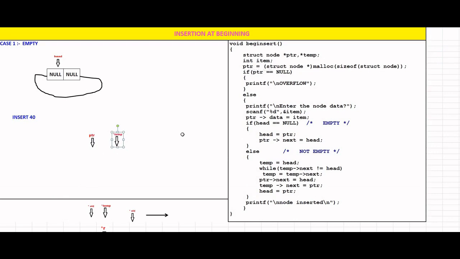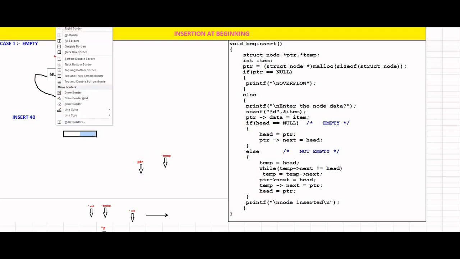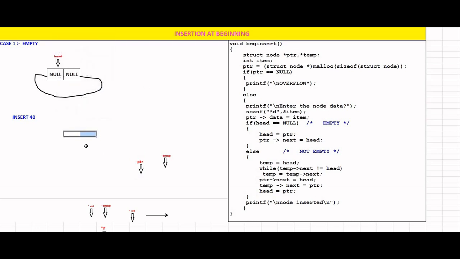At the malloc line we create one node whose name is ptr. Let us take an example that its address is 200. So the address is 200 here, we create one node, and now ptr contains the address 200.